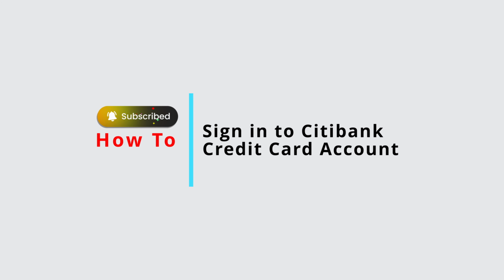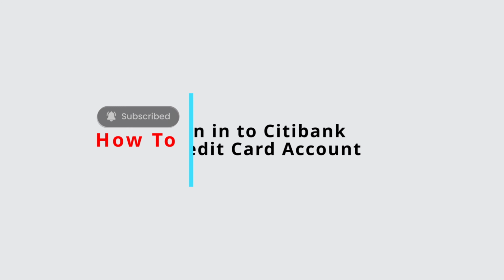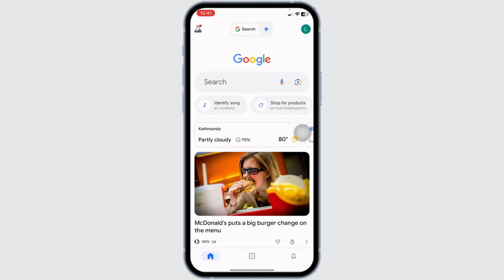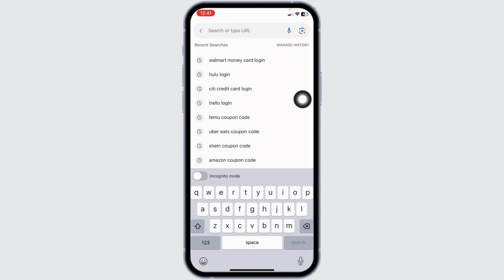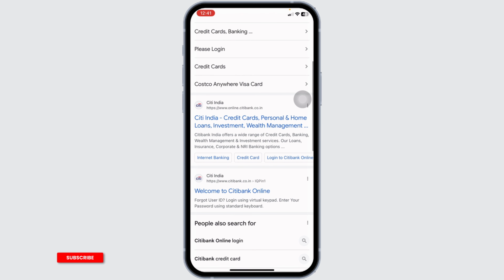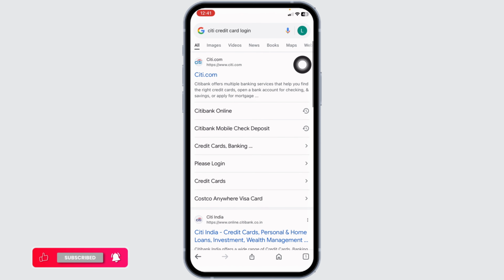How to sign in to Citibank credit card account. Let's get started. Launch your preferred browser. Over here, you're going to find the search box. Type in Citi credit card login and search for it. Different website links will appear. Navigate to the very first website option,